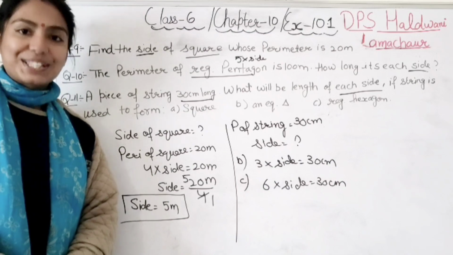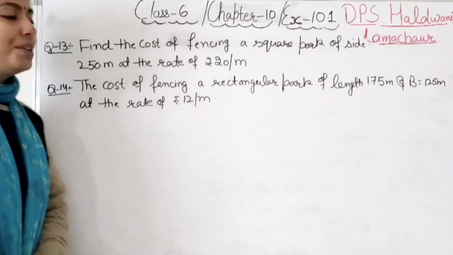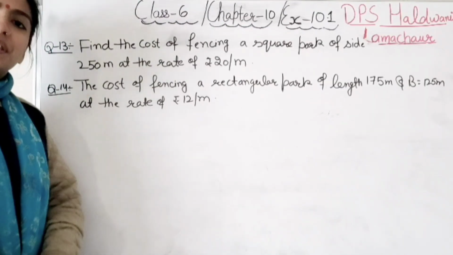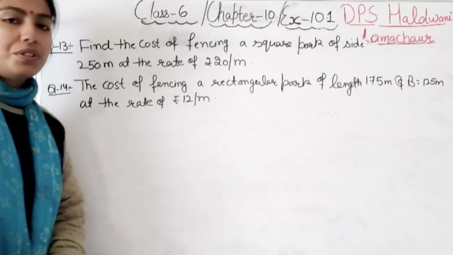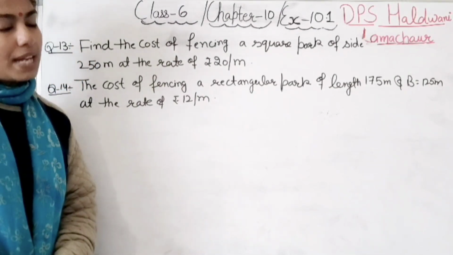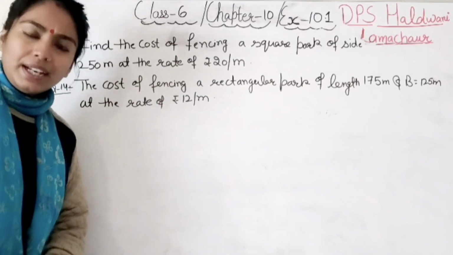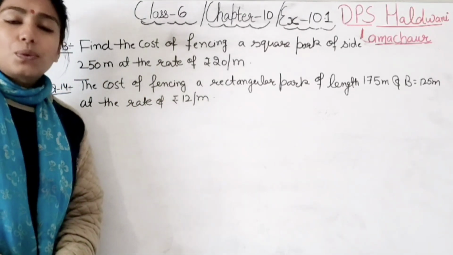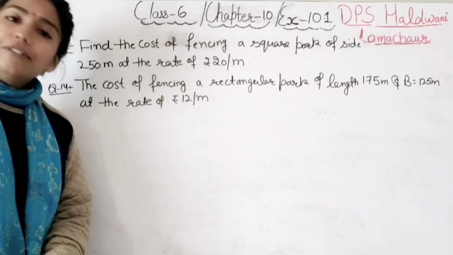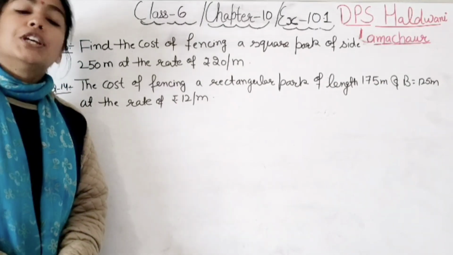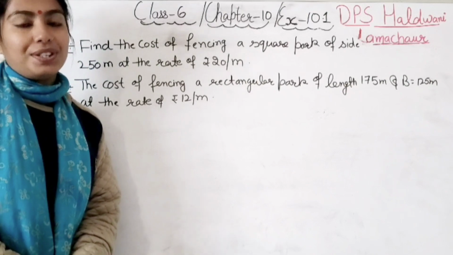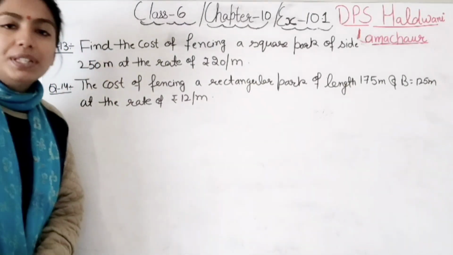Moving further with our next question. Coming to our question number 13. Student, I have skipped question number 12, because in question number 12 again we have the same type as we have done in question numbers 9, 10, 11. Right? If you know the method of how to solve the question, in whatever form it comes, you can solve it, because you understood the basics of the question. Right? Now coming to our question number 13.